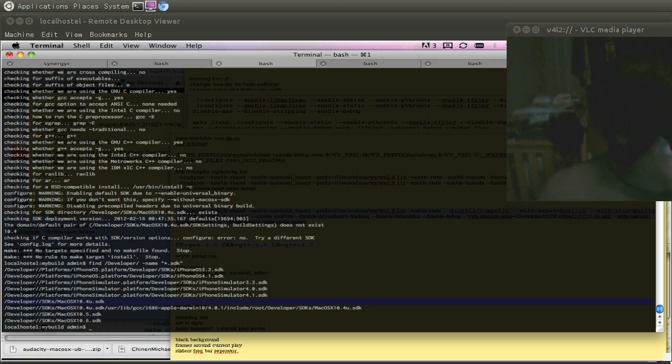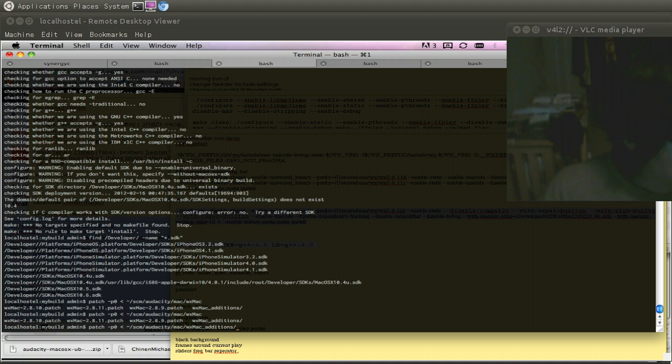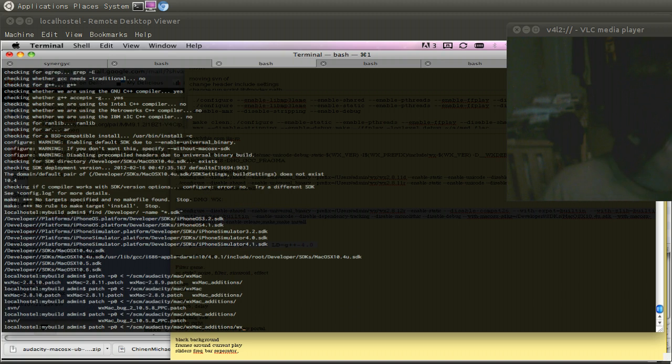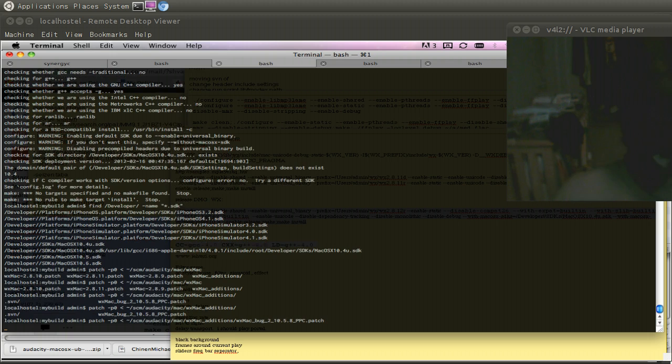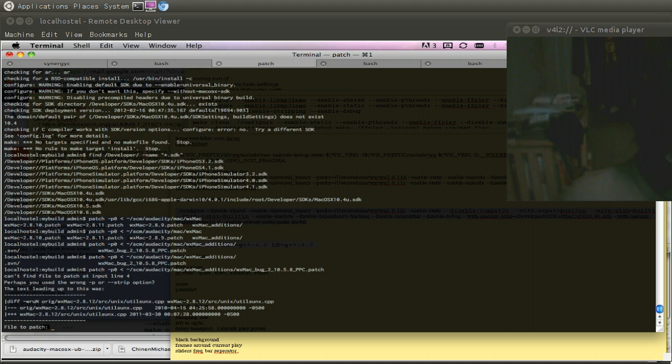So what I can do now is patch -p0, and we'll take Audacity Mac wxmac additions wxmac. Yeah, it's an interesting name. Okay, looks like we need dash